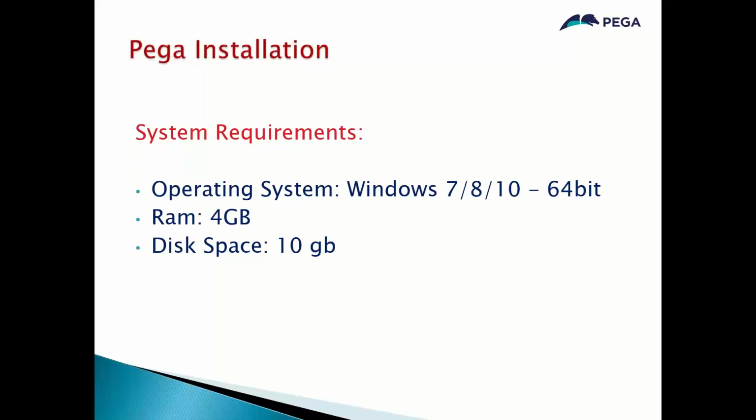Anyone who wants to join an organization anywhere in the world will compulsorily take training, get some experience, and then join the company, because real-time Pega resources are not available. So for practice purposes, Pega Systems released one version called personal edition. Now personal edition is like a single user